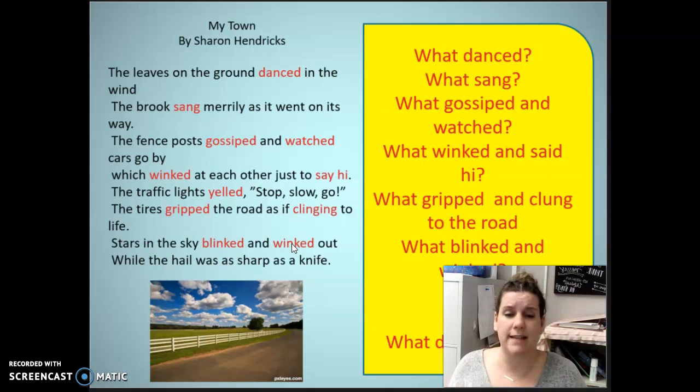I think you have a good grasp of what personification is. Your job is to do a worksheet where you're going to circle the non-human object and underline what human quality it's given. I think it should be a pretty simple worksheet, but go ahead and do that, and then you're going to upload it and submit it. Have fun.